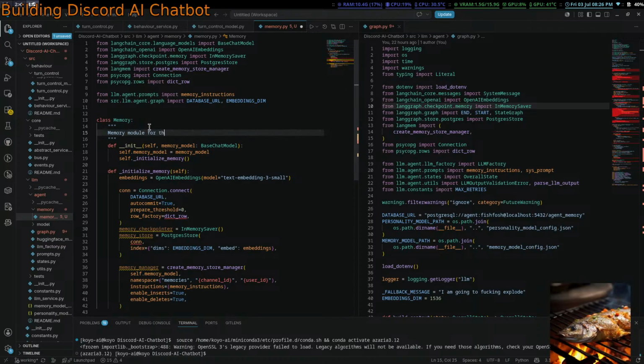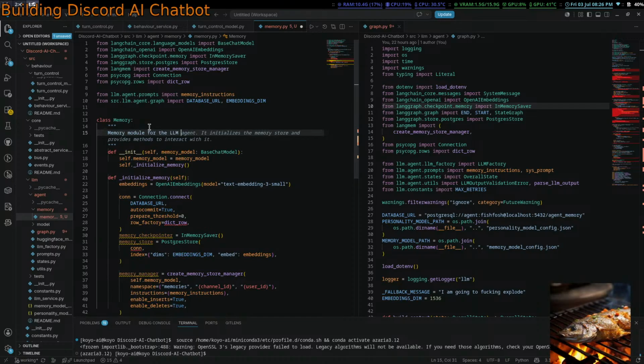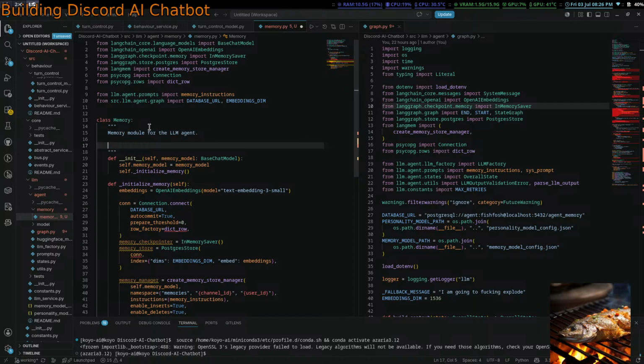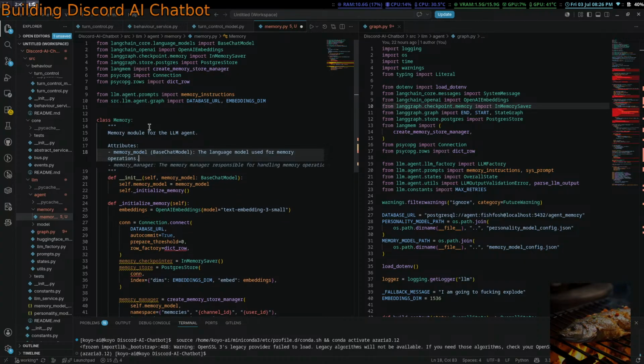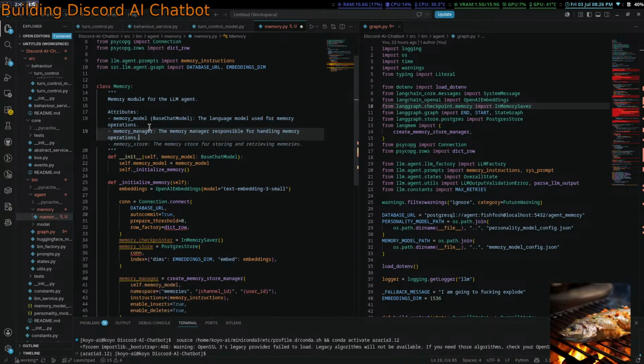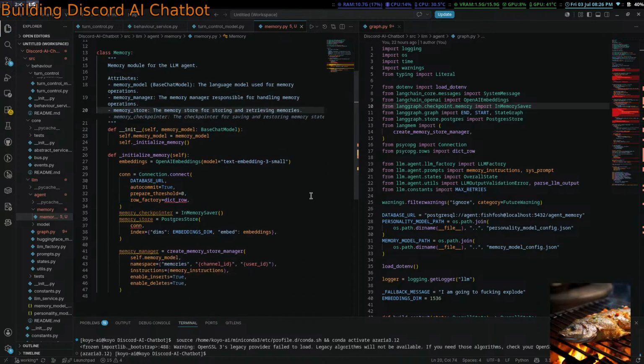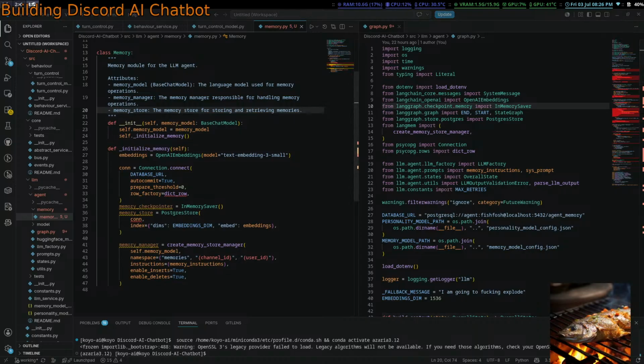Memory module for the agent, attributes: memory manager, memory store, memory. Do we want memory checkpointer in here? I think I'm not going to have the memory checkpointer in here.